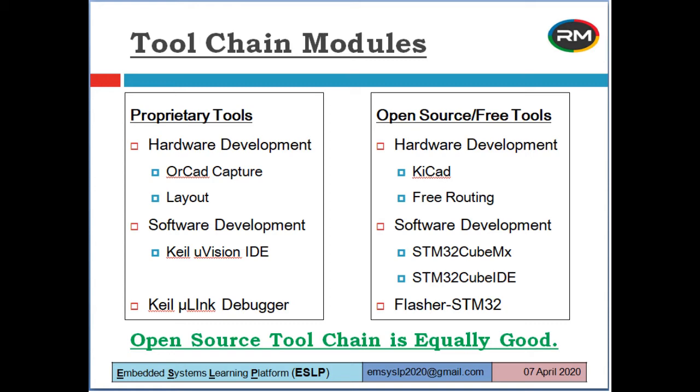The engineer can either go for an open source or the proprietary toolchain. Proprietary toolchain is preferred mainly by the institutes and professionals who are ready to pay a price to win the customer's confidence. All amateurs and most of the freelancers use open source toolchain as this is totally free with hardly any difference in the performance and functionality whatsoever. This open source toolchain shown on the right side has been used extensively by our team and found to be perfect. This toolchain will be used for the rest of our tutorials.